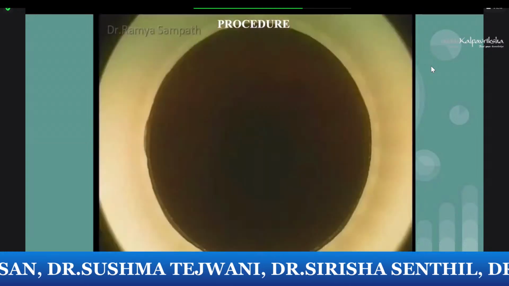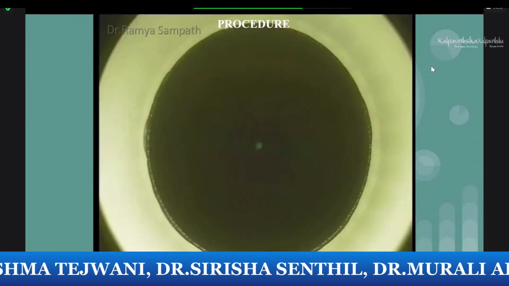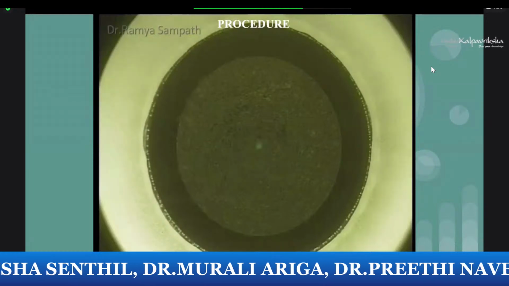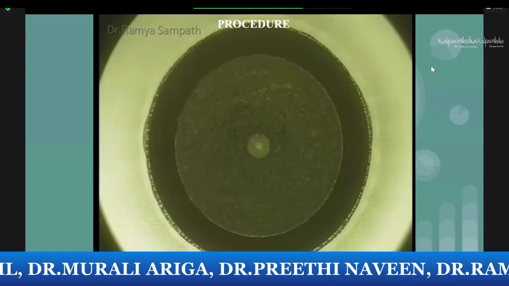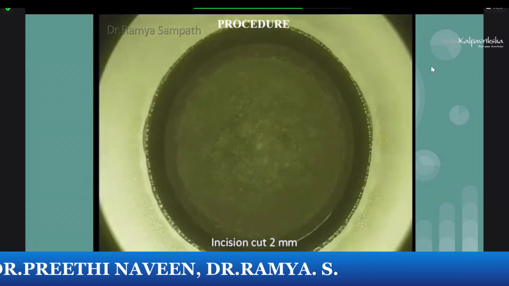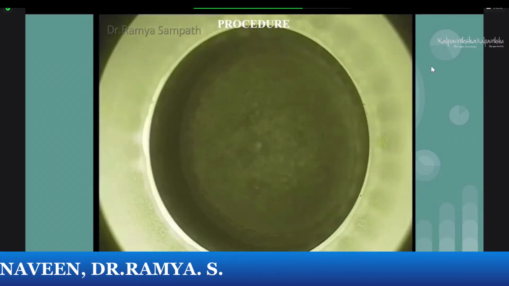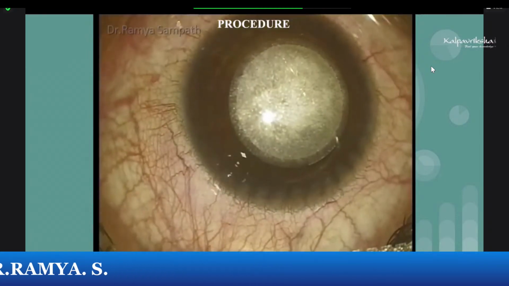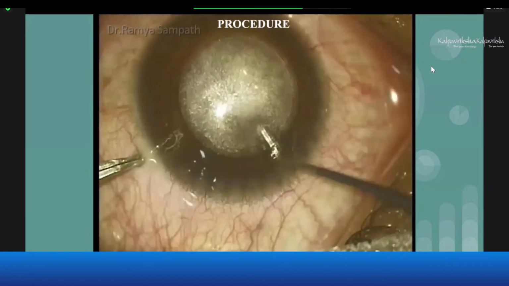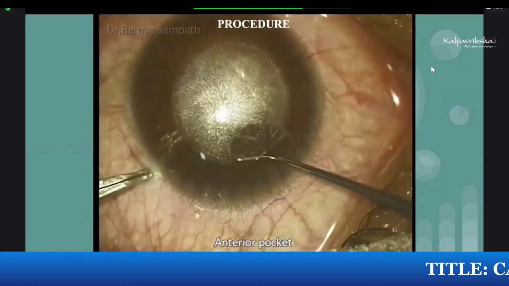So once the docking is done based on the CSCLR, the suction is activated and the laser passes. That is the posterior surface of the lenticule, which goes out to in. Then we have the anterior surface of the lenticule, which goes in to out. Finally, the incision cut, 2 mm at 120 degrees. So we open out the incision, we create the posterior pocket and the anterior pocket, and the dissection should always